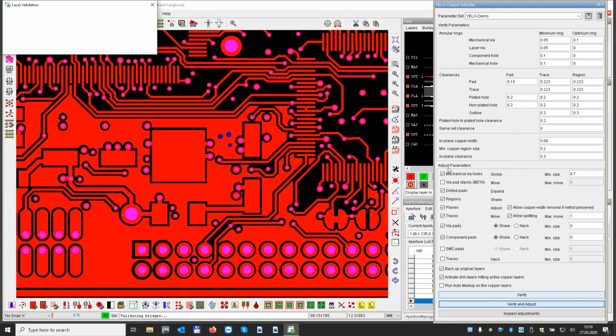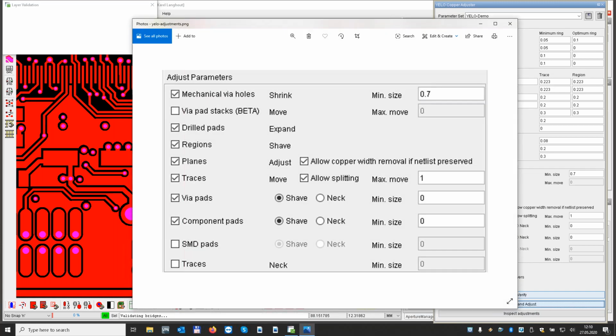Then we go to the second, the adjust parameters. So that would be this. I put it just in a little picture, so it's a little bit bigger. You can see it a little bit easier. It's a little bit easier to read because the window is of course quite big. Now in this adjust parameter section, you find all kinds of ways that the repairs can be done,